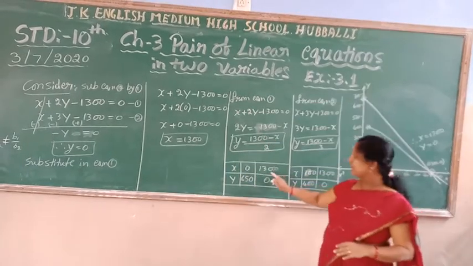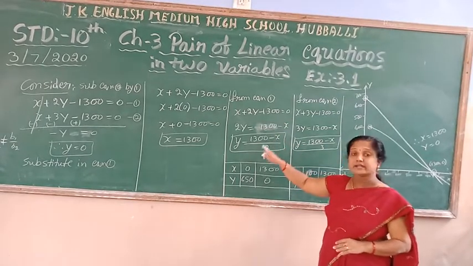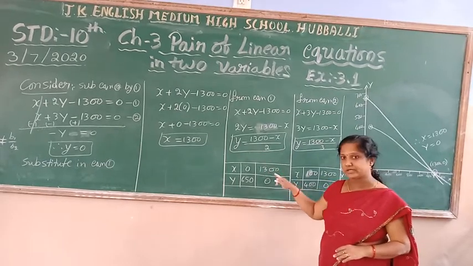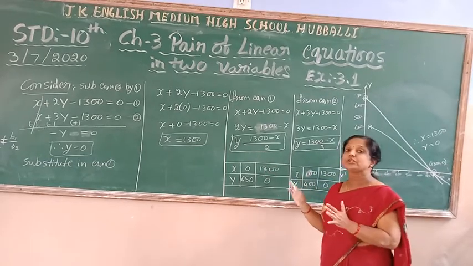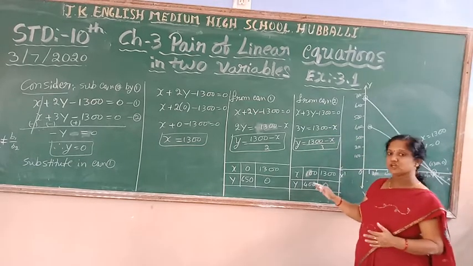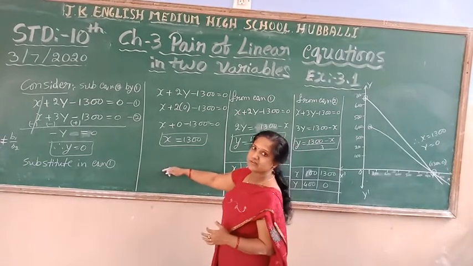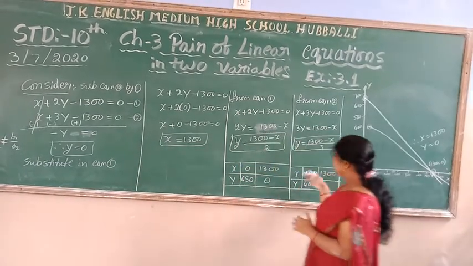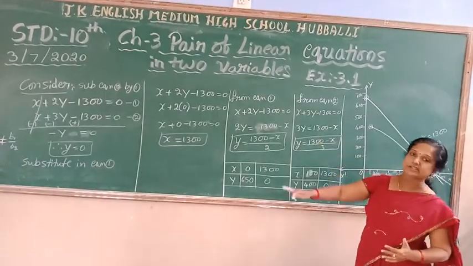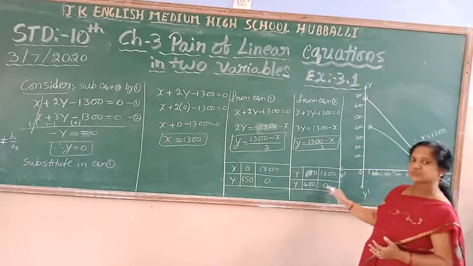That x value we substitute in the given equation. One equation we consider, convert into the form of y, and substitute the x value you got. You will definitely get that point, and both straight lines are going to intersect. In the same way, solve the second equation. Actually, finding the values of x and y graphically takes more time. Instead, we solve this way and get the values, so the same values we can substitute. That is the answer.